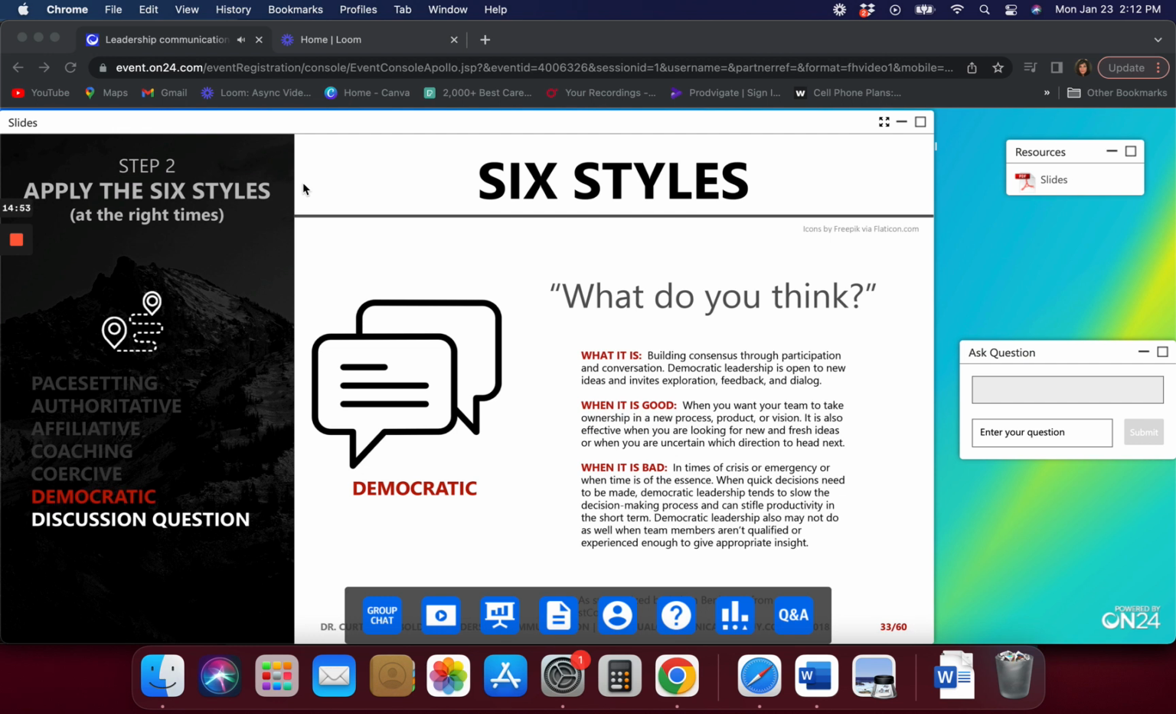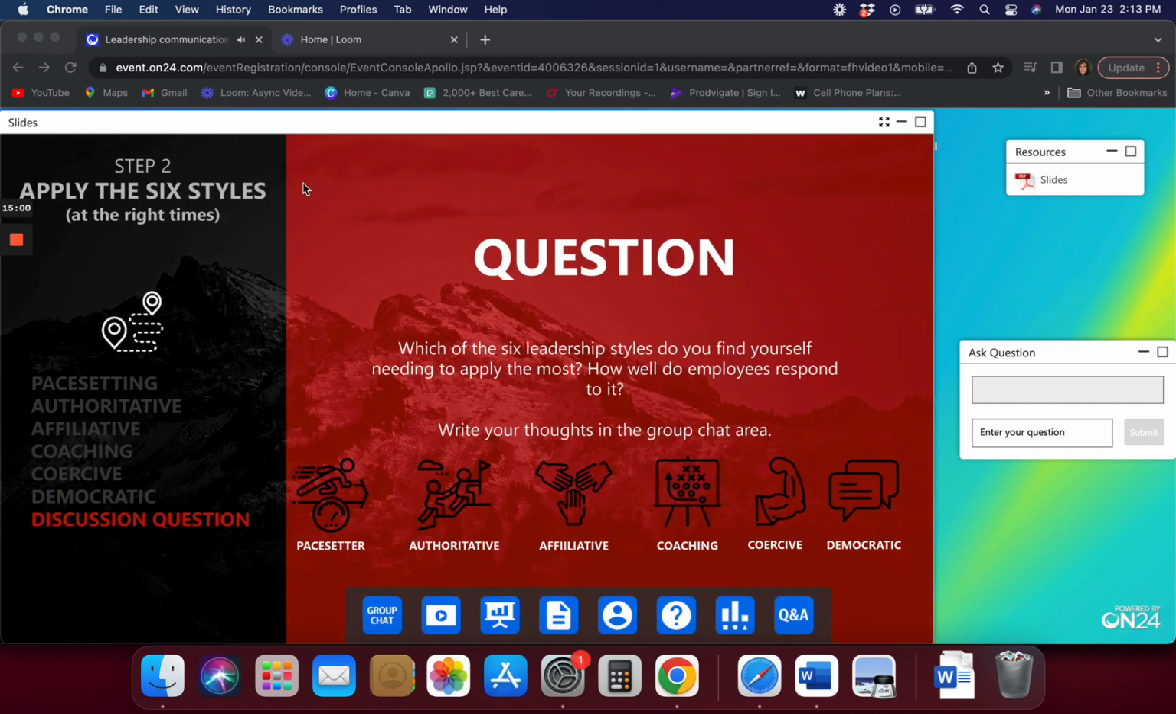All right, so those are the six types. We'll move through those fairly quickly. If you have any questions or thoughts, I'd love to hear those in the group chat. Which of the six leadership styles do you find yourself needing to apply the most? And then also, how well do employees respond to it? Do you have any thoughts there about any of these six styles? Just any kind of general thoughts. If you've done one and found it to be problematic, or if you have appreciated that, or any general thoughts about